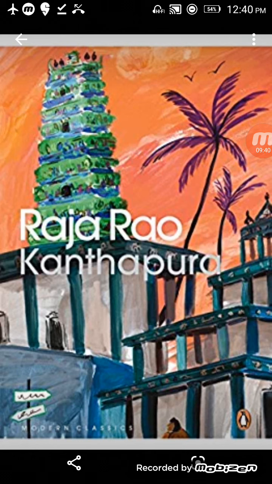Another is Raja Rao's use of the English language to tell a very Indian story, which he did deliberately. He could probably have written it or had it translated into Hindi, but he wanted this to be in English, and he talks about the difficulties of doing this in English in the foreword. So that is a very, very interesting part. You can buy any good edition. I read the Penguin edition. There is also an Oxford University edition, and they both have a very good introduction from a famous critic. So reading that introduction is very important. Read the entire book. It reads like a very good story.